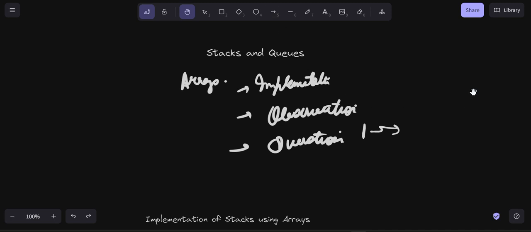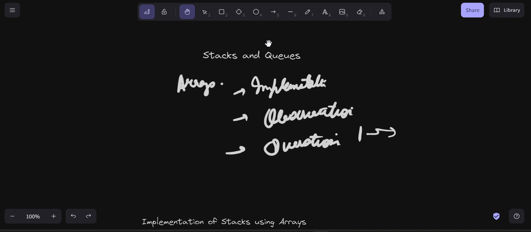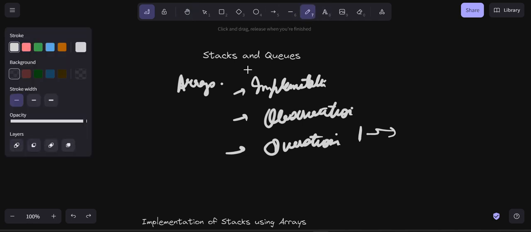Good morning, all. Today we will learn about stack and queues. So in this lecture, we will start from implementation first, right? How you can implement stack and queues. Then we will see observation patterns, like how you can observe any kind of question where you can apply stacks,